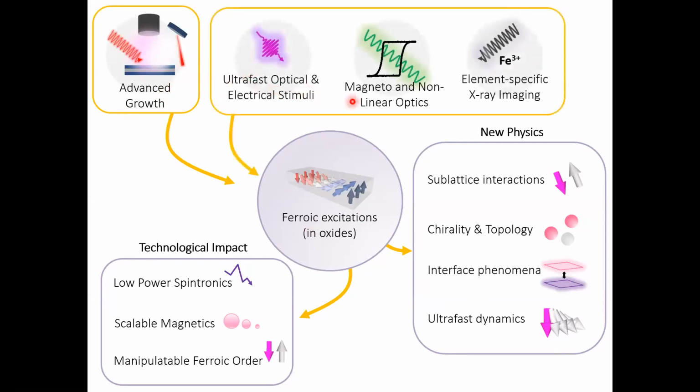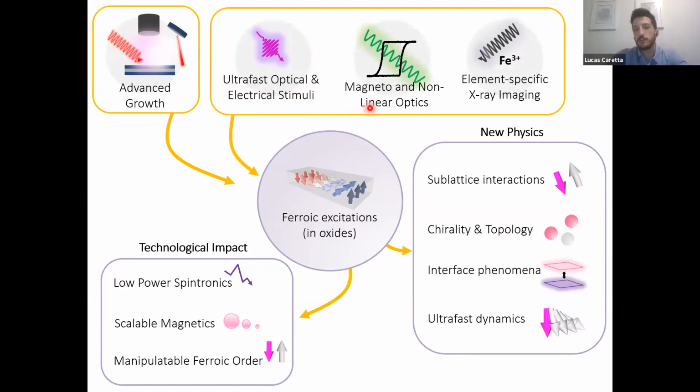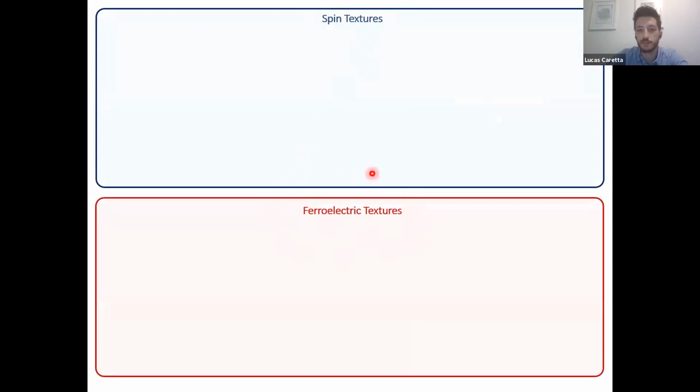and combining that with a variety of in situ and in operando imaging and electronic techniques. So it's really the power of both of these that allows us to uncover this new physics by accessing these ferroelectric excitations. And just as a quick pitch, we can do this in different material systems, not only in magnetic systems, but ferroelectric systems as well.